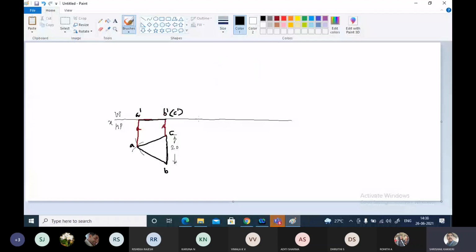Okay. Now next point is draw a line at an angle of 60 degree at any distance. It is at an angle of 60 degree. Now take this length. By taking this as center, draw this arc. Next, you join these two. Now this is A dash, B dash in bracket C dash.